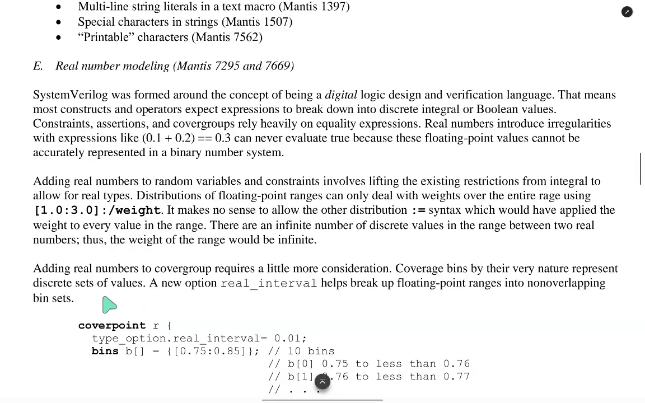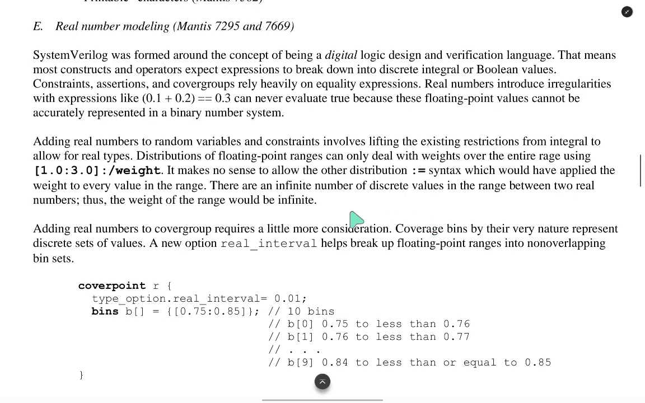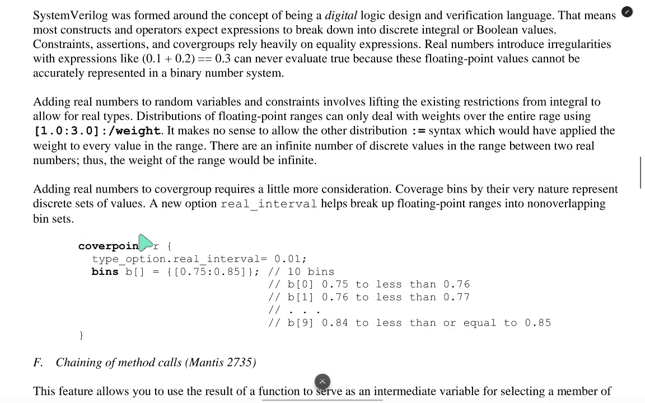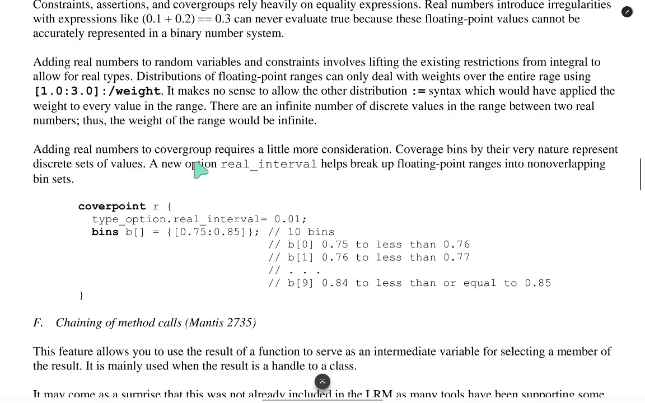Adding real numbers to covergroups requires a little more consideration. Coverage bins by their nature represent discrete sets of values. A new option, real_interval, helps break up the floating point ranges into non-overlapping bin sets. Coverpoints are